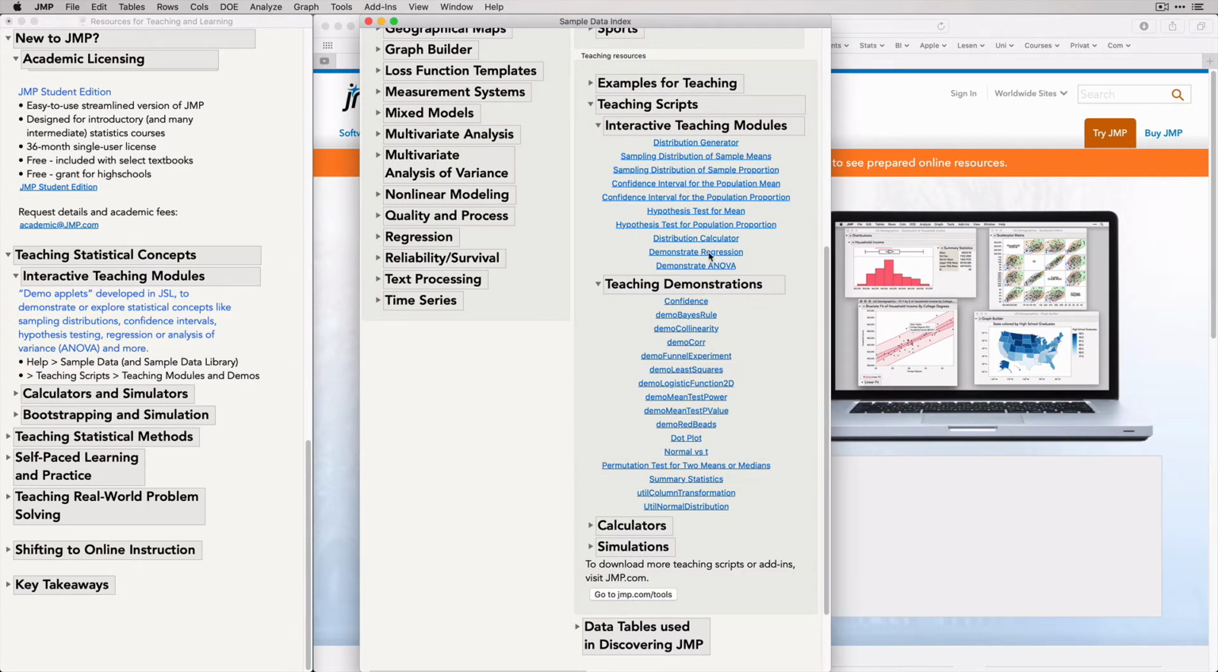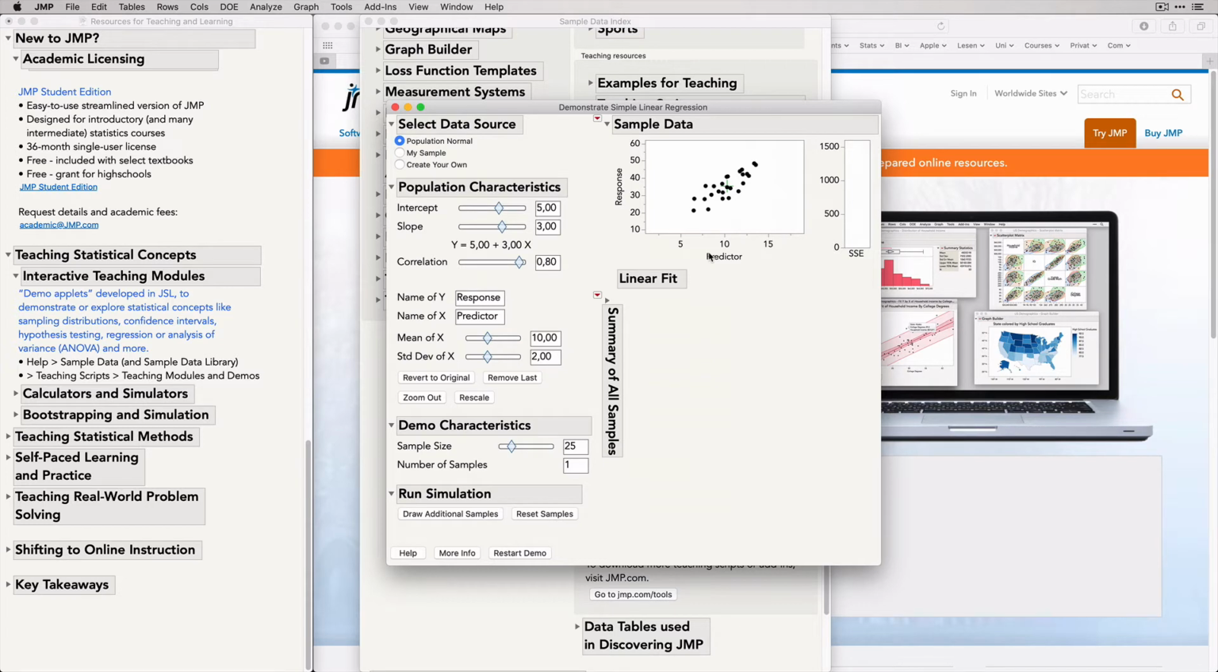Another example is demonstrate regression, one of my favorites. So here I choose to use a normally distributed population, and these are the population parameters to be estimated, the intercept and the slope of our linear model. So for this, we look at a sample of 25 data points. So these are the 25 data points. And I can also change this again and again. And then for